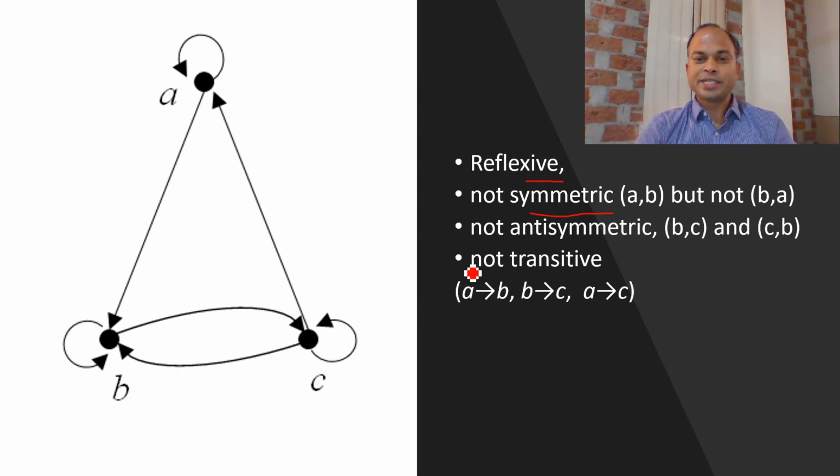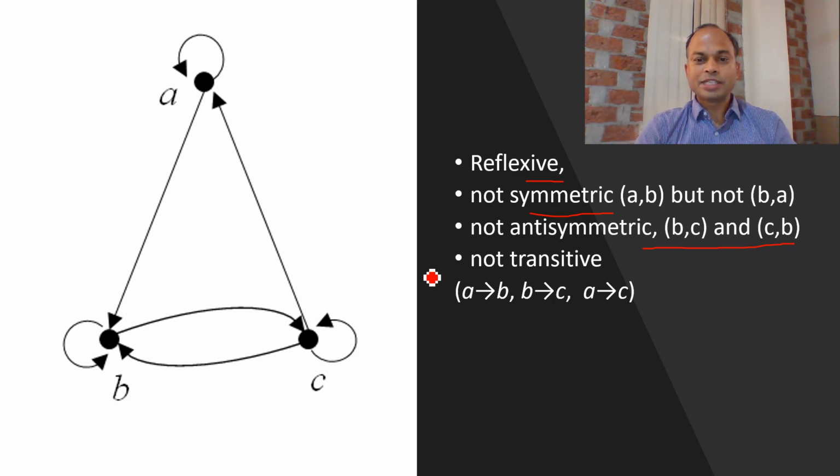If we talk about the antisymmetric property, here we have an edge from B to C and we also have one from C to B. I mean B is related to C and C is related to B. Therefore, this property violates the antisymmetric relation. Antisymmetric means if one element is related to another element, it is only possible in case of equality. But here B and C are both different elements. Therefore, this particular B and C pair violates the antisymmetric property. So we can say that our graph does not support the antisymmetric property.